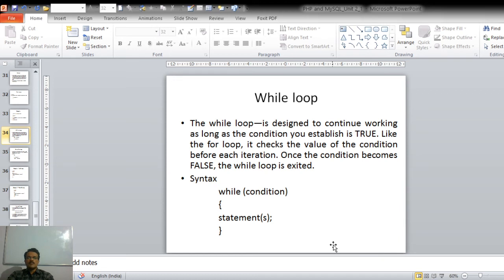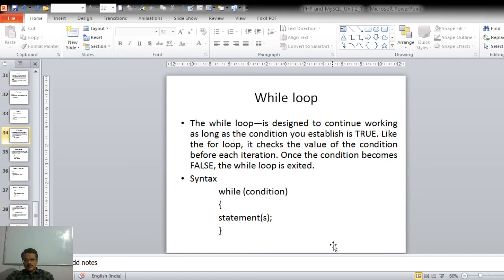Otherwise, the loop will not get executed. So the while loop is designed to continue working as long as the condition you establish is true. Like the for loop, it checks the value of the condition before each iteration. Once the condition becomes false, the while loop is exited.